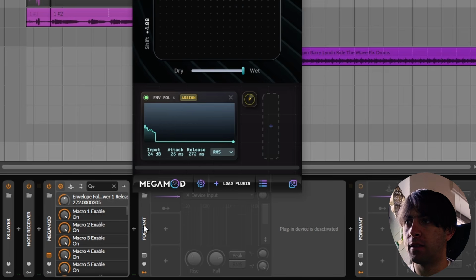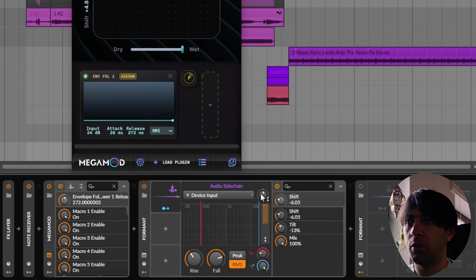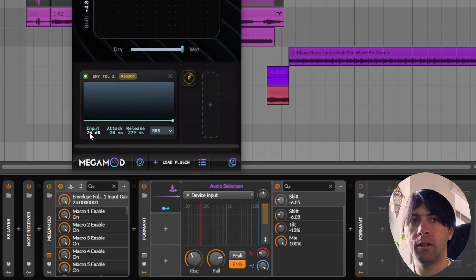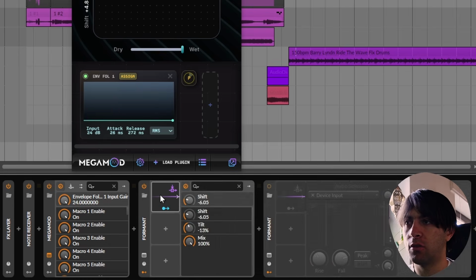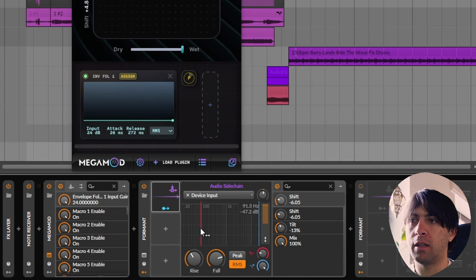There are some differences in the way this feels to use. For example, in Bitwig, you are rarely close to maxing out the input gain parameter, while here 24 is already the max. And when you have selected RMS and some attack, then you will probably not reach the top of this modulation. This plugin needs more input gain to work well, unless you stay in peak mode. Also, another difference is that the audio sidechain modulator in Bitwig has a lower and upper limit parameter for a pre-EQ that you can use to only let some part of the spectrum influence the